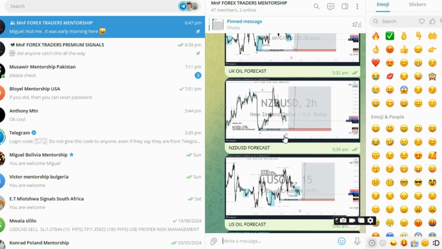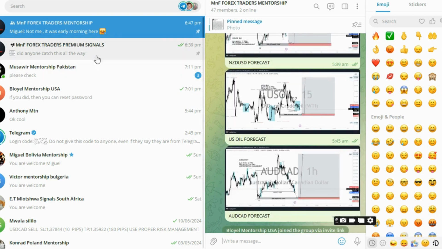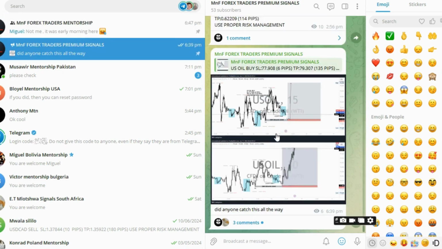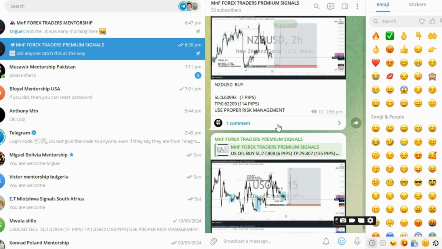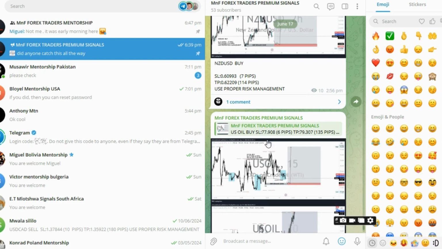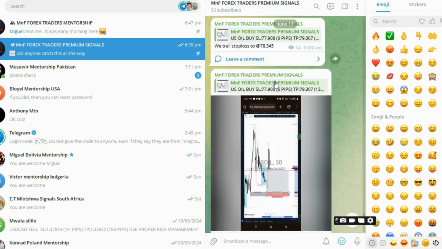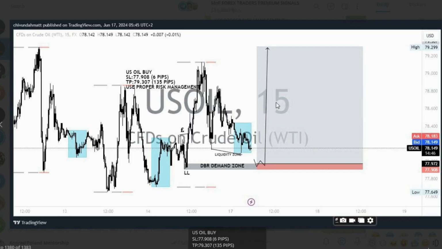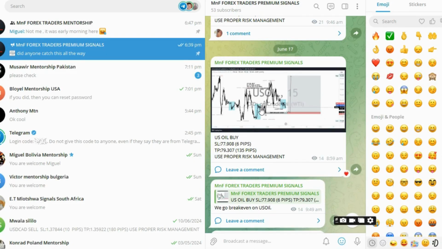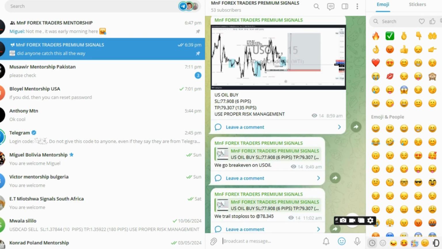And then when the market came to my area, I was able to share this signal in our signals community. Unfortunately, I didn't have a laptop with me. I only had the phone, so I was able to share this trade, copy it and post it right here in our signals community. And guess what? People were able to take this particular trade, and now look where we are.